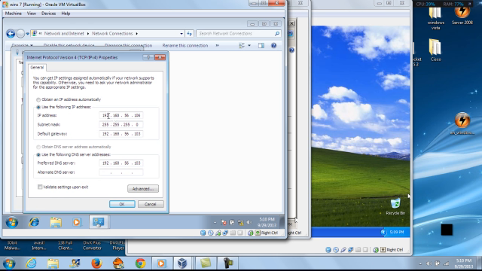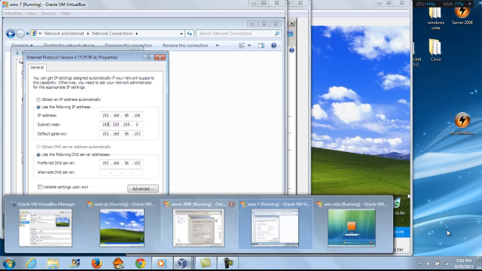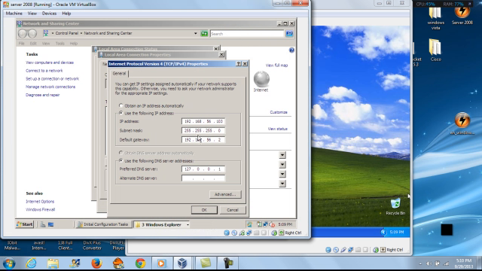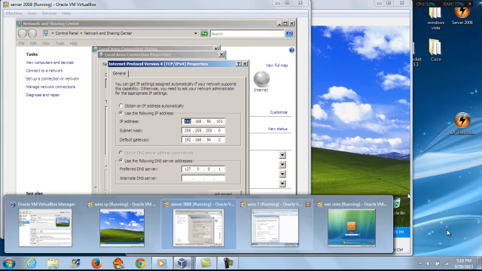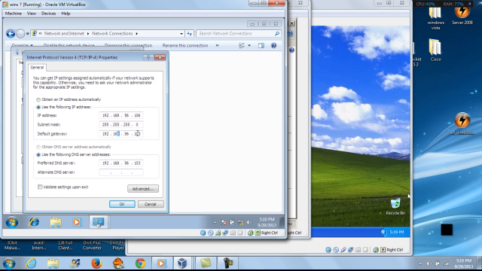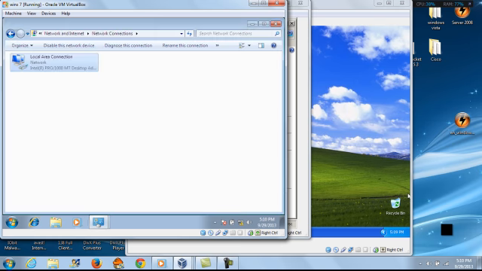Well, I already set my IP address. You can see 192.168.56.106. The subnet mask is always the same as you check here, and I made sure my default gateway is the same as my server 2008 IP address here, as you can see. Right, same. And my preferred DNS is the same as the server 2008 IP address. Okay, cool. Now we can continue